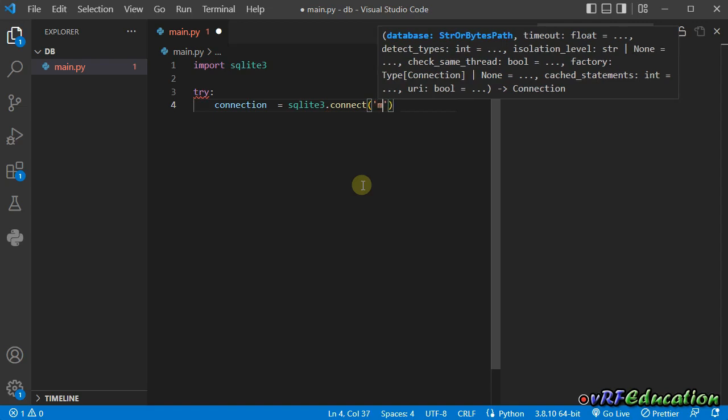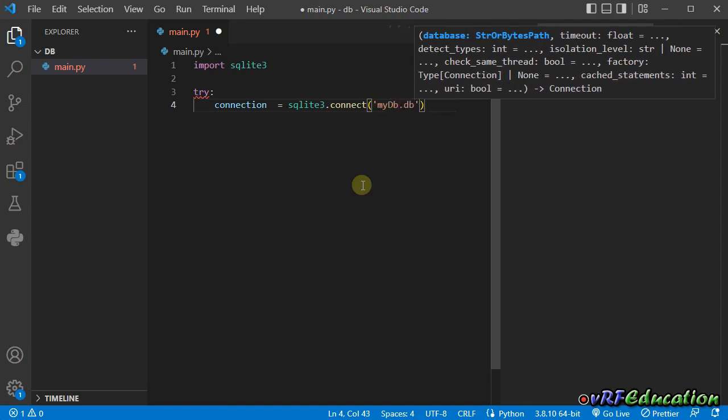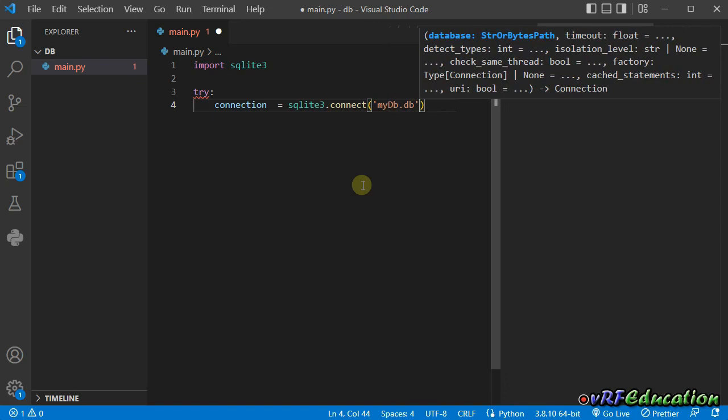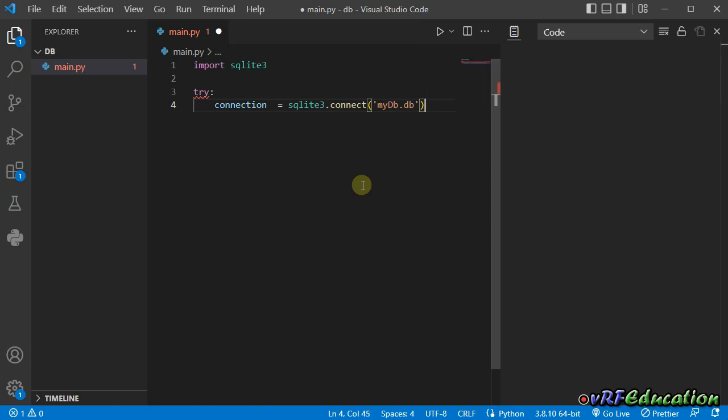So I'm going to say it's mydb.db file, and you also can provide a timeout. So you specify a time of, for example, 20 seconds in order to let the driver try to connect to a database. Okay, so I'm going to leave it as default, and let's create the except part, and here I'm going to say error is an instance of Error class inside sqlite3, and I'm going to call it error, print